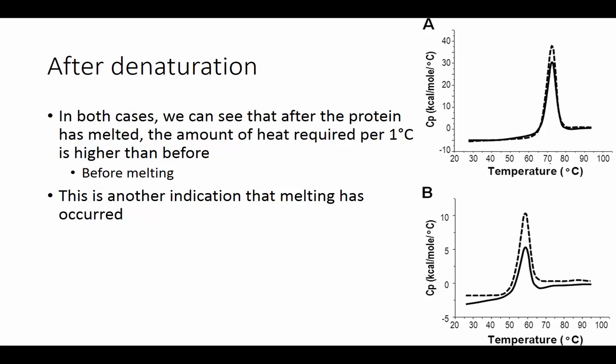So after denaturation, what we can see is that once the protein is melted, the amount of heat required to raise the denatured protein 1 degree C is higher than it was before melting. So you can see in both graphs that the heat flow is lower before melting than it is after. And this is another indication that melting has occurred, and you can see this on a lot of